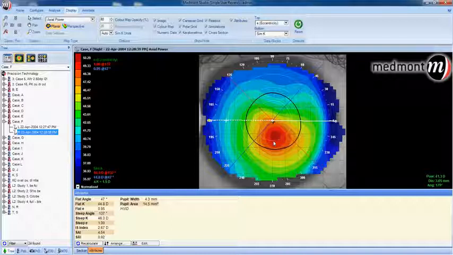If the inferior cornea is greater than 1.5 diopters steeper than the superior cornea, that could be an indication of keratoconus or pellucid marginal degeneration. In this case, the patient has a 2.67 diopters steeper inferior corneal shape than superior corneal shape,